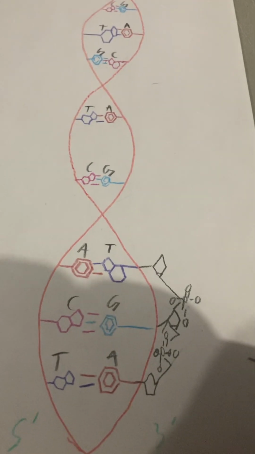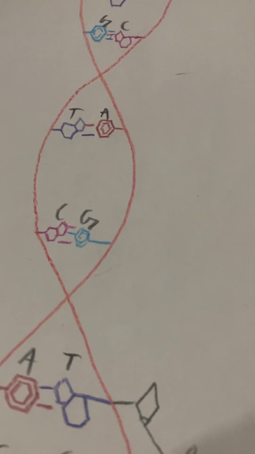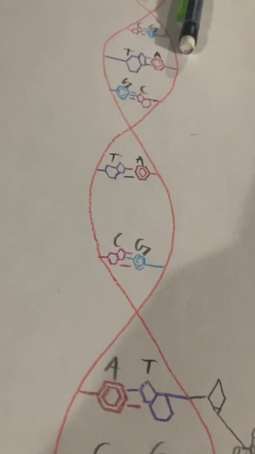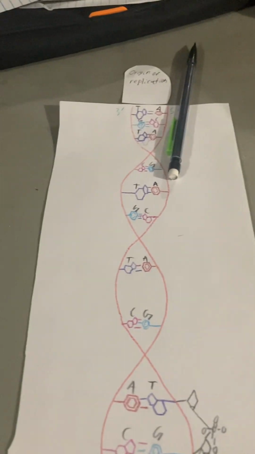And then here's the sugar phosphate backbone for DNA. After that we have origins of replication, which actually start DNA replication, because those open up the replication bubbles, and the replication bubbles form because of